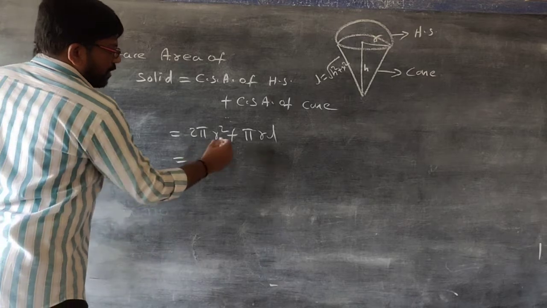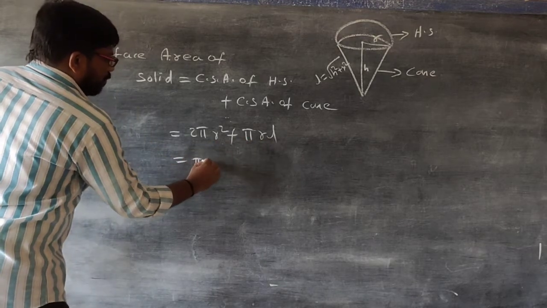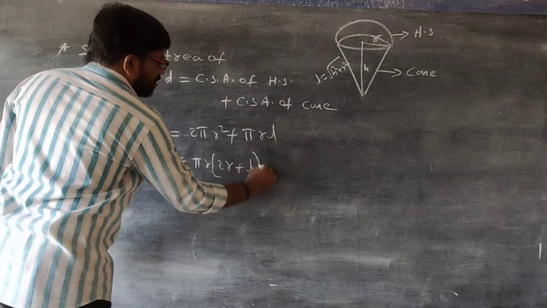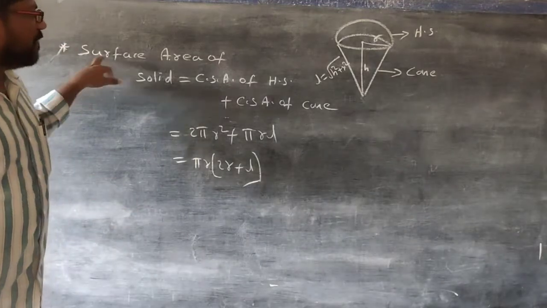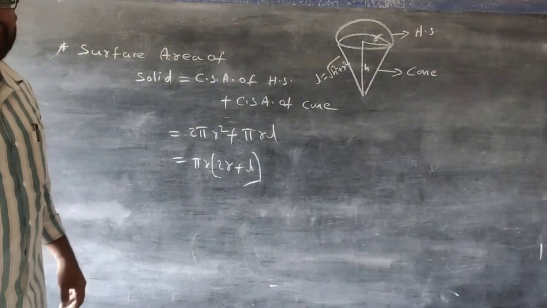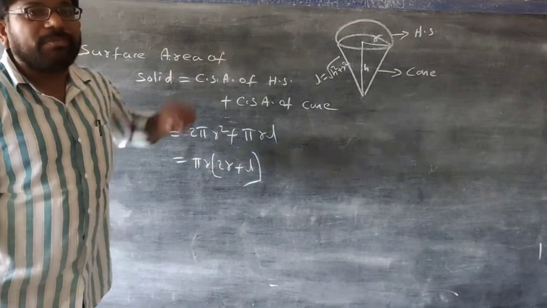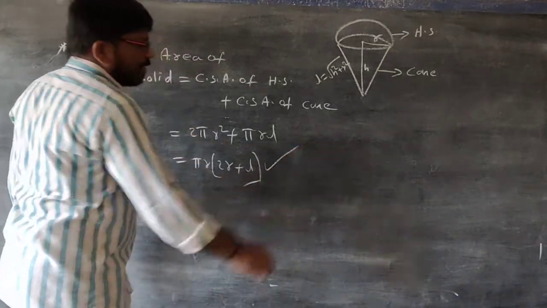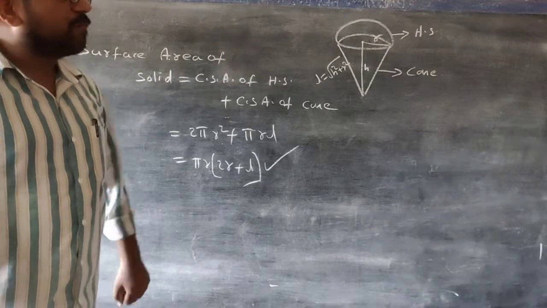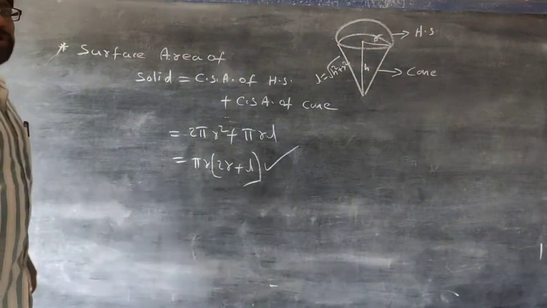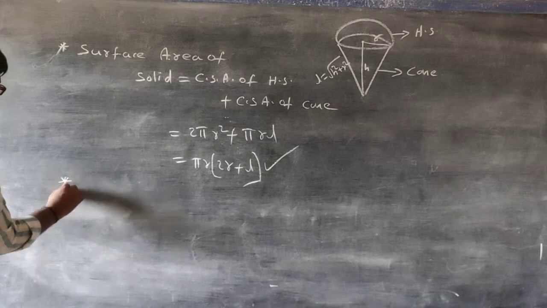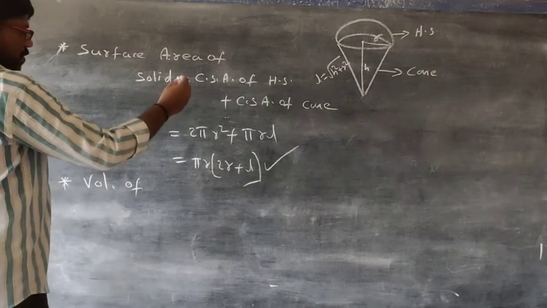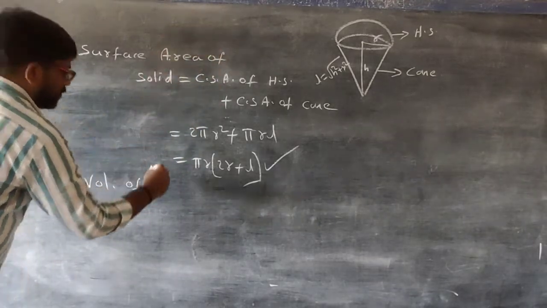That is equal to, here take pi r common, pi r into 2r plus L. So observe carefully. The surface area of a cone ice cream or a toy which is a combination of cone and hemisphere is pi r into 2r plus L. So by using this formula we can find the surface area of the cone ice cream, right, and the volume of the solid, that is the cone ice cream shape,